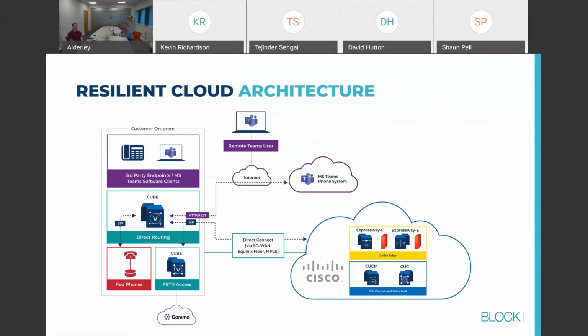So should you have power or local connectivity issues within that cloud environment, you are assured that you've got a resilient architecture. Not only that, but obviously you can see demonstrated on top of that, actually there's integrations with Microsoft Teams.